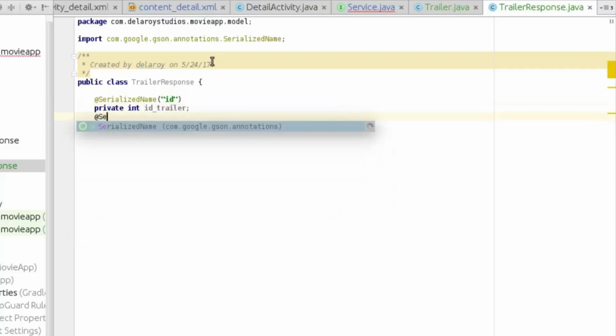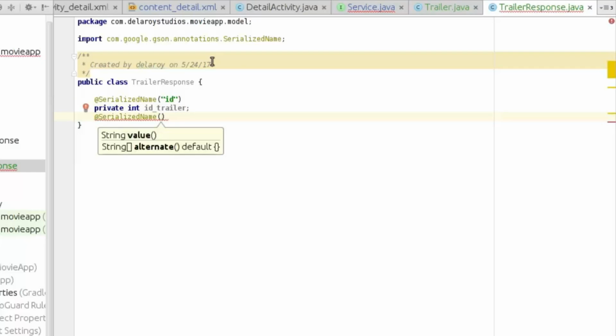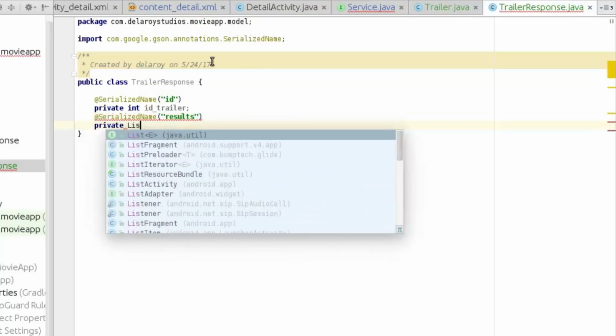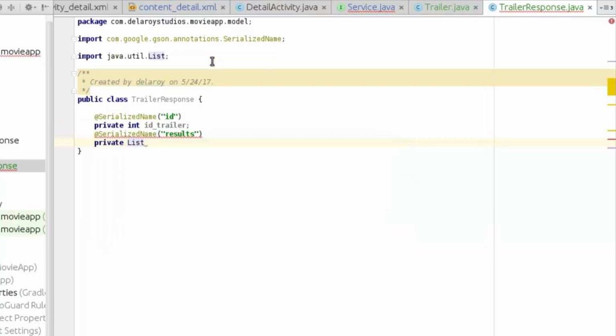At serialized name, for the results, private list passing trailer, it's a generic, which is the results,